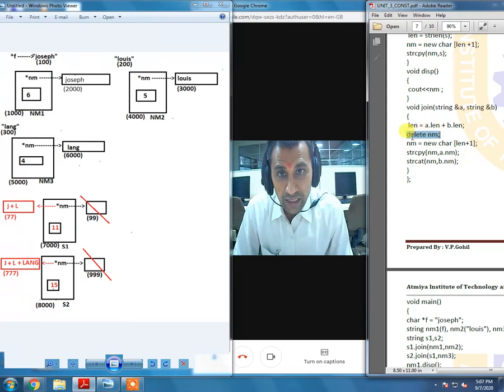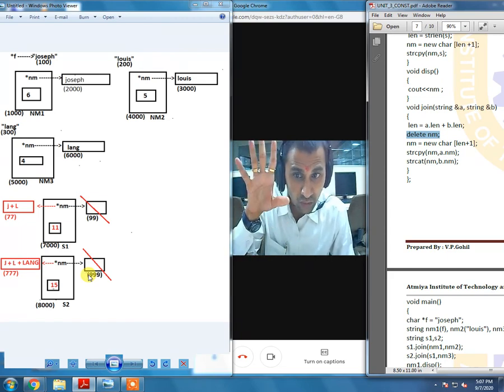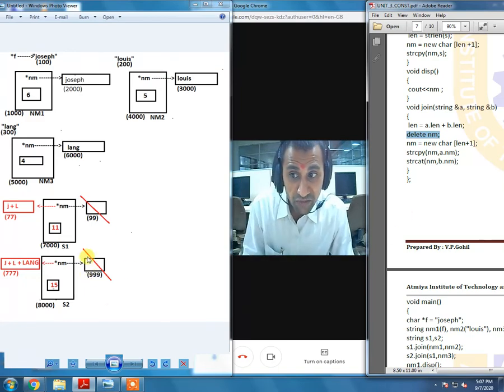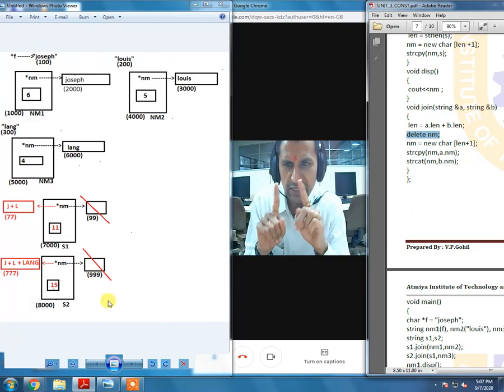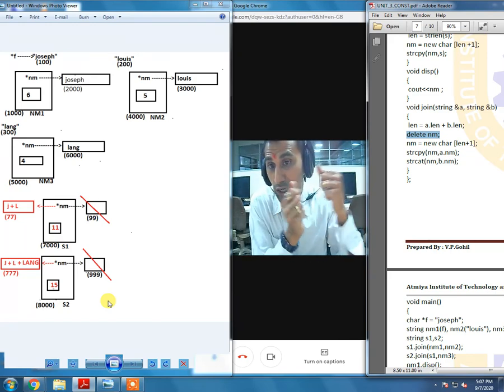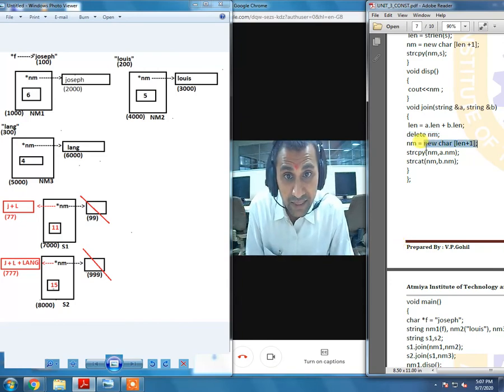Now delete nm. Once again, star nm previously was pointing to this block of size one with garbage values inside it, because of the default constructor. This time what we just made, we had struck out. That means star nm of S2 is no longer pointing to the same location. That block is totally out of the picture now. We want a new block. Once again, what will be the length of that new block?